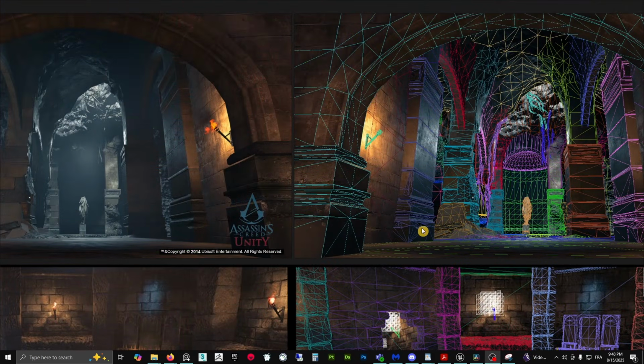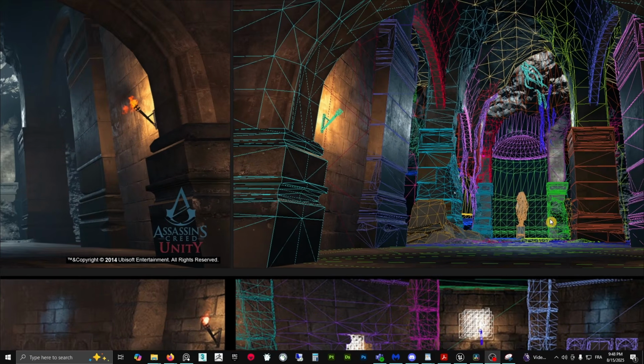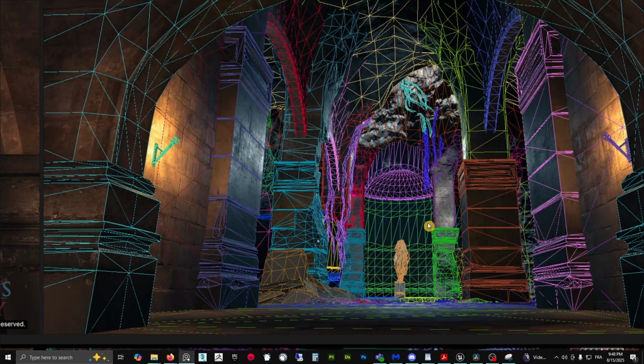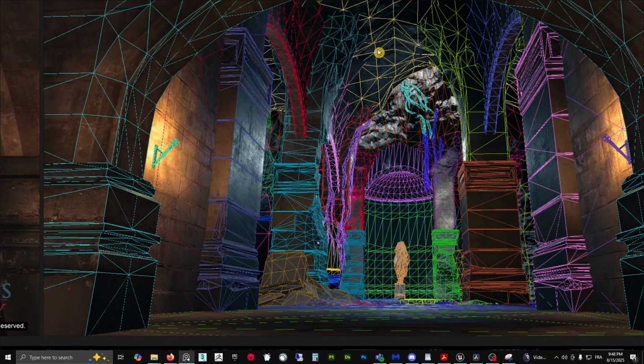So aside from the damage part, we can appreciate how it is distributed, right? Which parts have the most geo. You can see these walls, which are flat. Well, they are between pillars, so they have very little geo because there's no need. You just put a good material and it does the trick. Those pillars here, you see that they did put quite a bit of geo. Not even talking about the damage part on the bottom, but